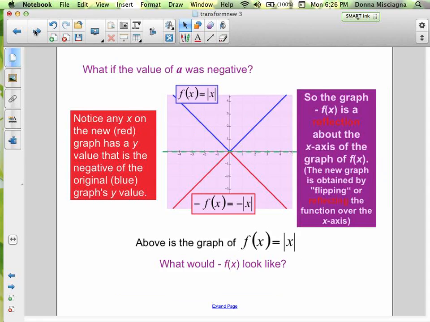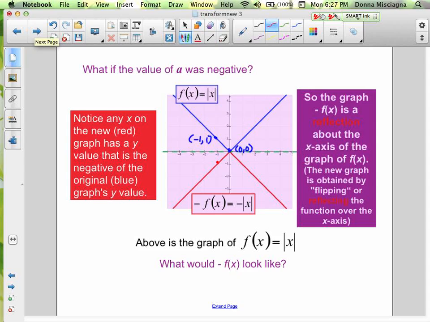What if the value of a is negative? Notice what happens. Again, our vertex still is at (0, 0), because we didn't translate. But if we take a point on the left side here, we have the point on the blue graph, (-1, 1). Let's make that a little bit easier to read. (-1, 1). If we look at the red graph,